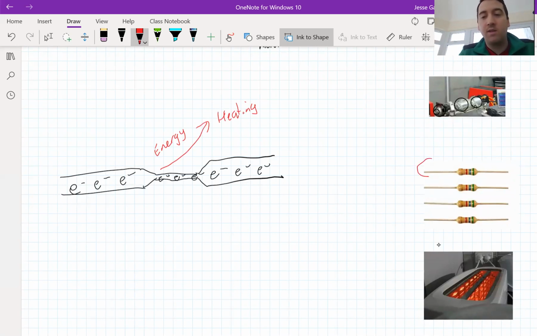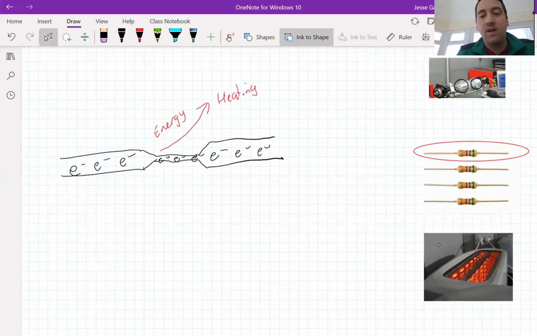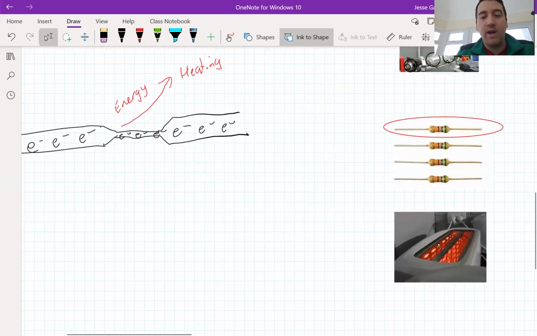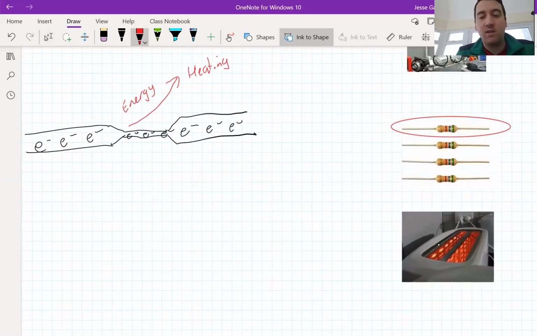So this is a simple resistor that we will put into some very low, simple powered circuits. And you can buy, these are fixed resistors. You can buy different resistors that are fixed for different resistances. But other things that use resistance wires that cause a high amount of resistance and will transfer by heating, an example is a toaster. So here you have a toaster, and in here, I don't know if you can see the red hot wires. Well, each of those is a resistance wire,